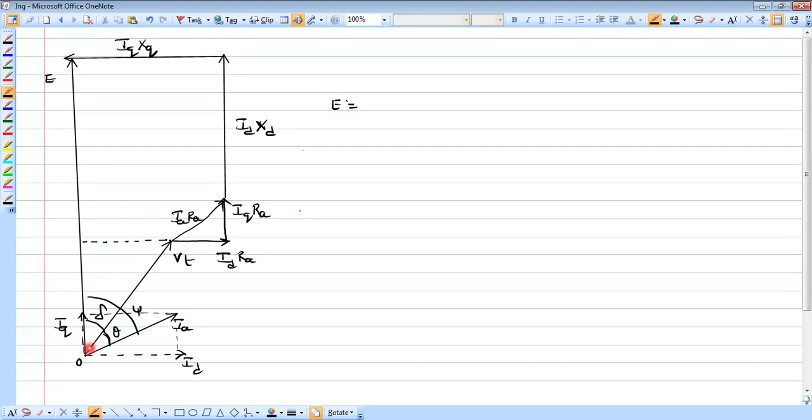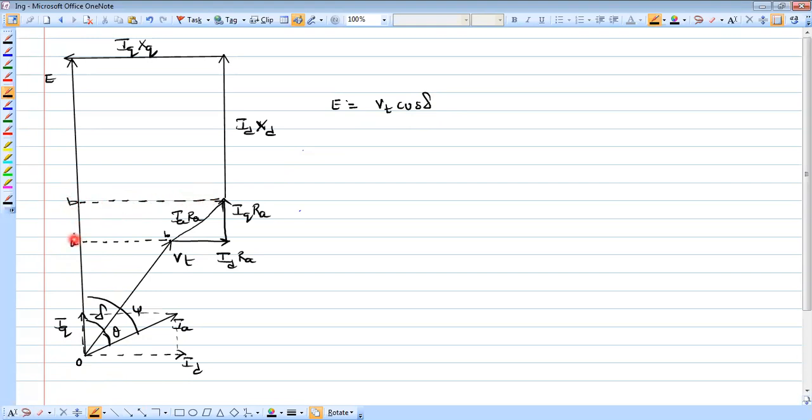See, O, A, B is a triangle, right? From this triangle, what is the distance OA? It is the adjacent side of triangle OAB. The hypotenuse is Vt and the angle is delta. So it becomes Vt into the adjacent side, cos of delta. So the distance OA is equal to Vt cos delta, isn't it? Right? Then up to this point,